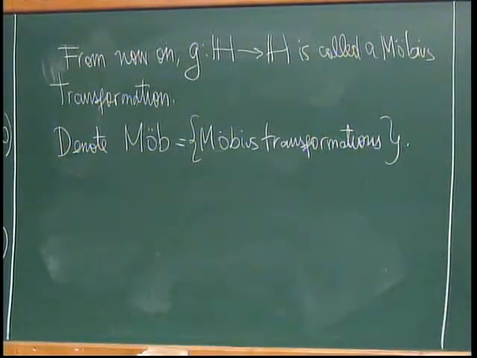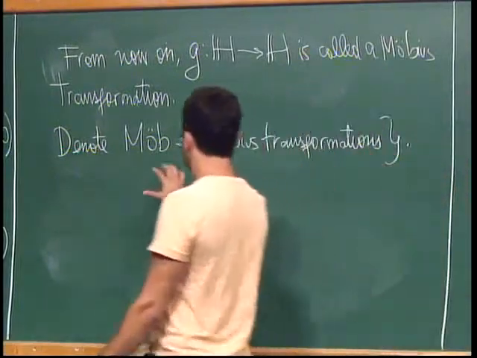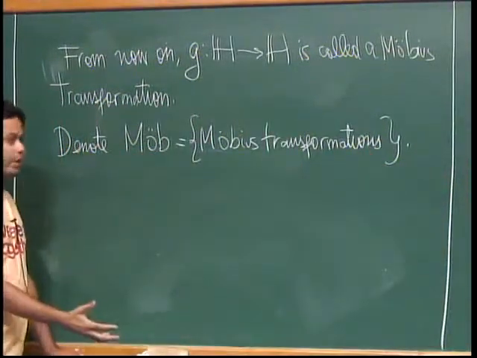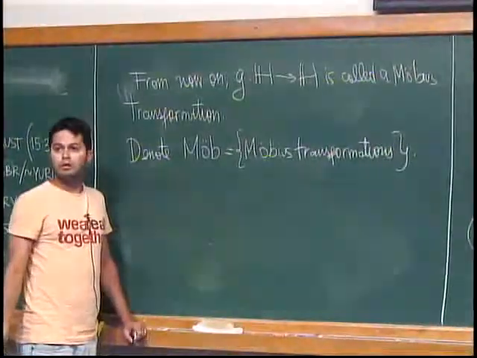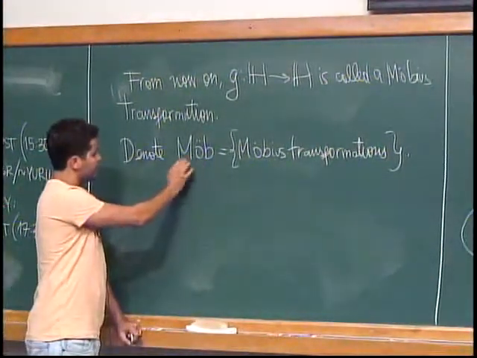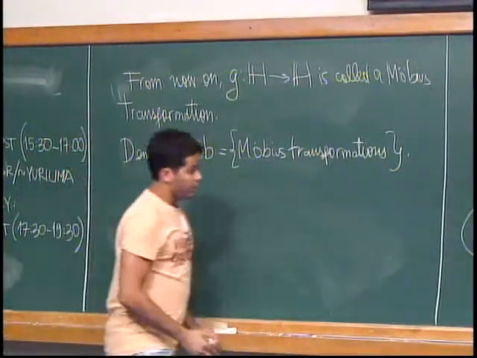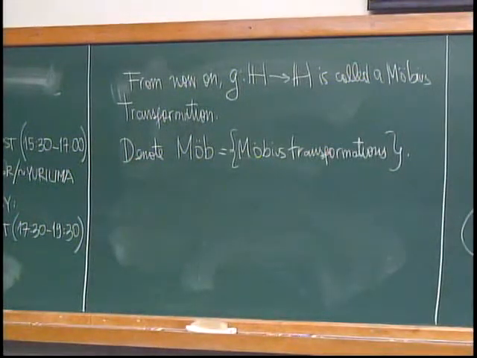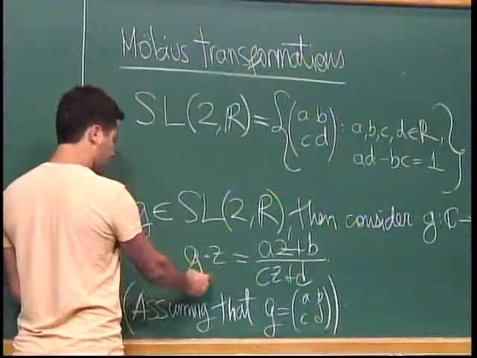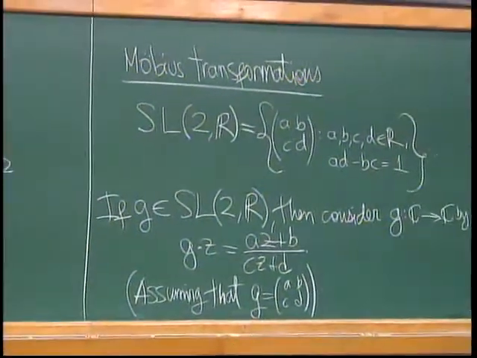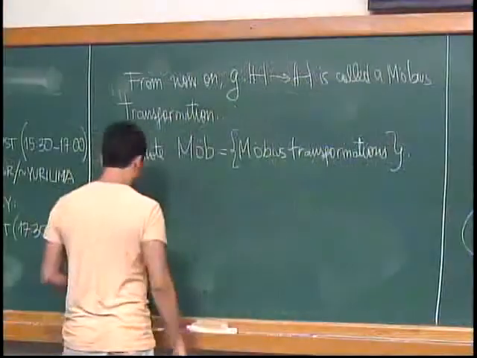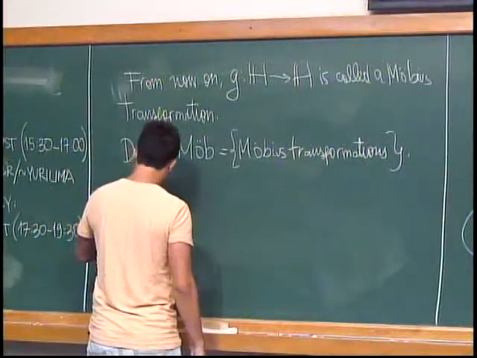By the lemma, every element of the set is an isometry of H. But the set itself has a structure on it, right? Because if you have two transformations, you can compose them. So you can see the set of Möbius transformations as a group. And also SL2R is a group itself. And the map that associates to an element of SL2R a Möbius transformation, you can easily check that it is a homomorphism. So I'm going to leave it as an exercise